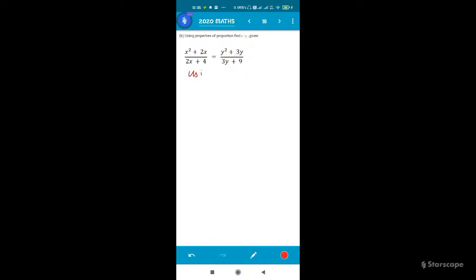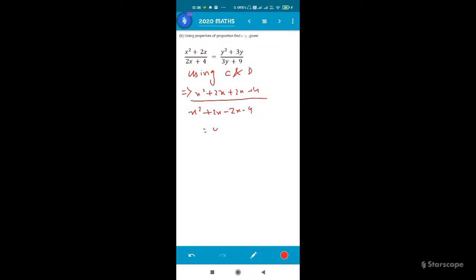So let us write using componendo and dividendo. Please write the entire thing in your copy. You will have practice, because you cannot write only part of this and expect that you will get full marks. Write the entire term. By using componendo and dividendo, what are we getting? x square plus 2x plus 2x plus 4 divided by x square plus 2x minus 2x minus 4 is equal to